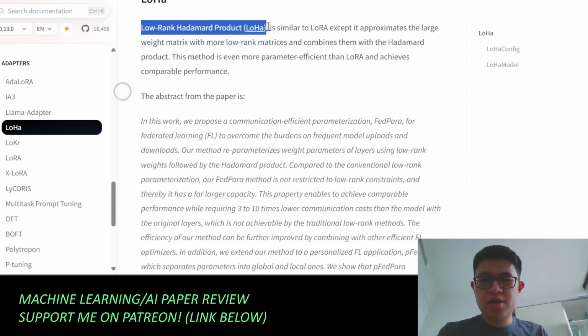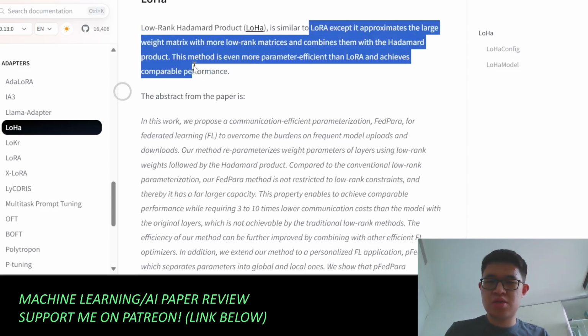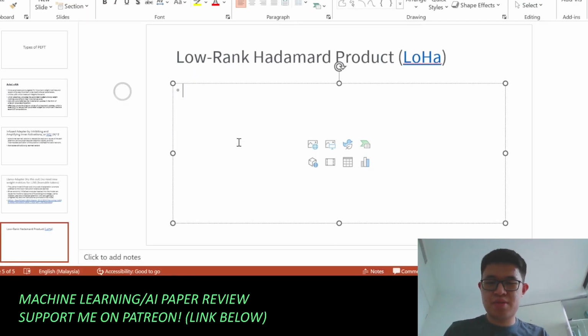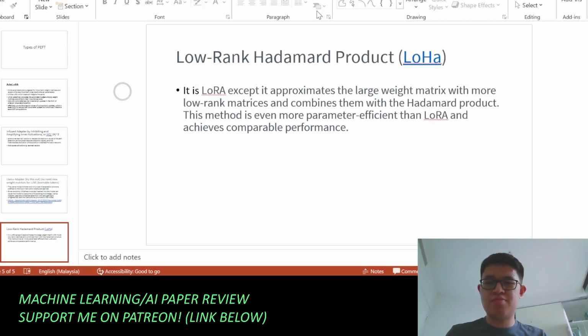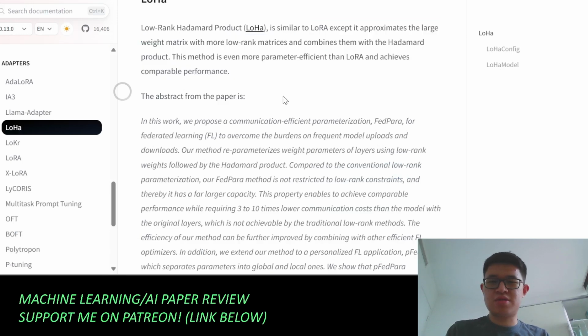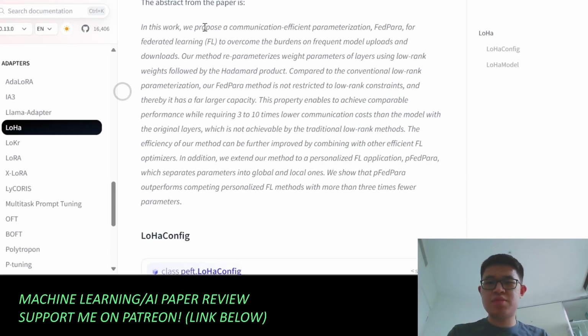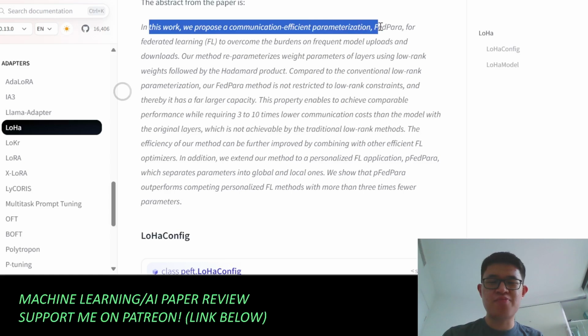So it's LoRA, but it makes more approximation. That's fine. Okay, so they propose a. Wait a minute. What the heck? This is the right paper. Okay. Right. So they propose a communication efficient parameterization, FedPara,